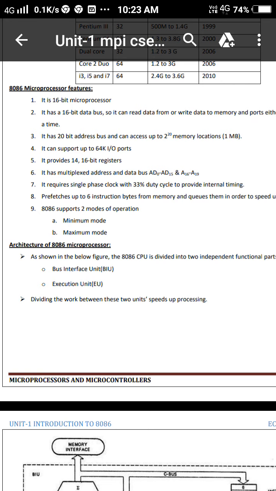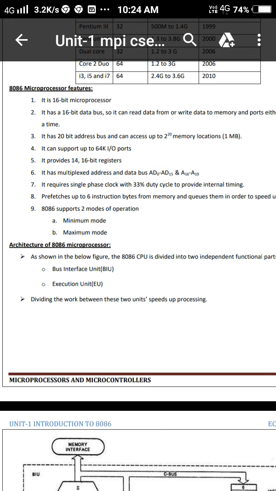And now we are going to discuss 8086 microprocessor. Now you have got the idea about the microprocessor, what is a microprocessor, what is the job of microprocessor, how it works. So now 8086 is the advanced version of 8085 microprocessor. It is a 16-bit microprocessor. It means that it can interact with 16-bit devices. Its data bus is of 16 bits, so it can read or write 16 bits data to the memory and to the IO ports at a time.